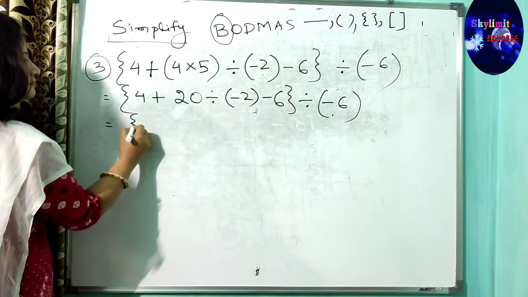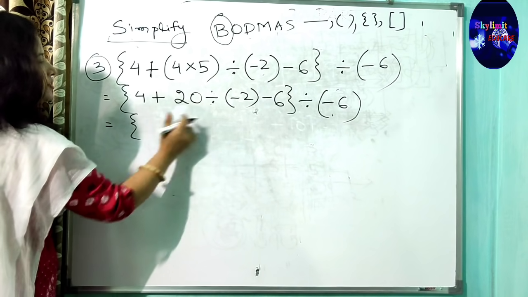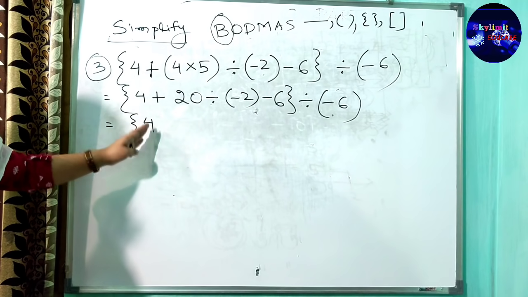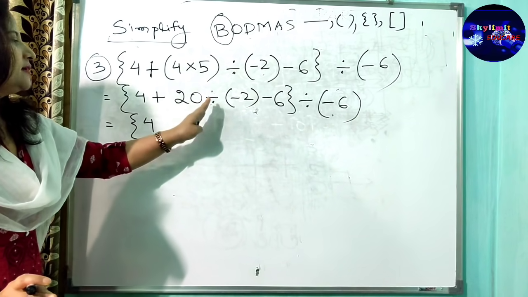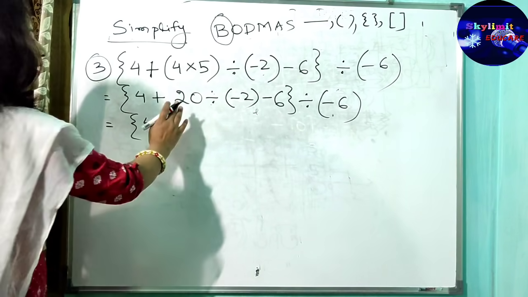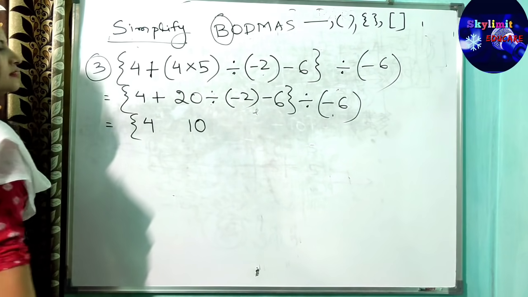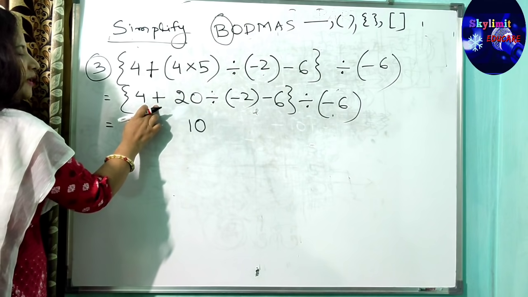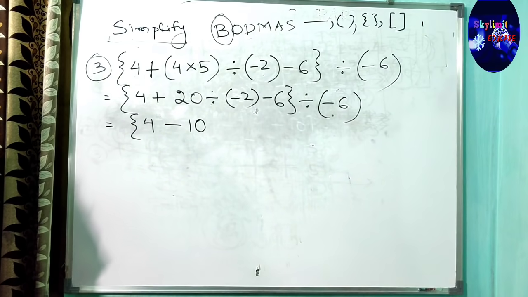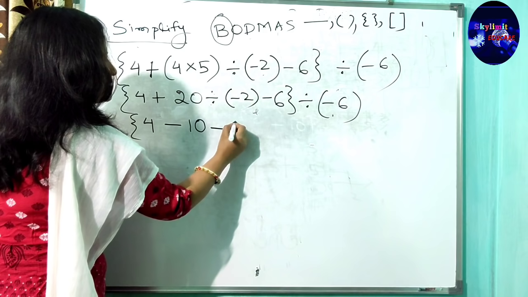Now next. You have plus and you have division. First go for division. 4. Don't write the sign now. Please don't write the sign. Stop here itself. 20 divided by 2. I told you first divide without sign. 20 divided by 2 will give us a 10. 20 is positive, 2 is negative. Obviously the answer will be negative. 1 is positive, 1 is negative. Answer will always be negative. The sign rule. Clear? Then you have minus 6